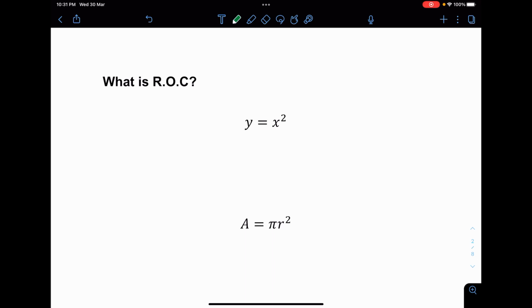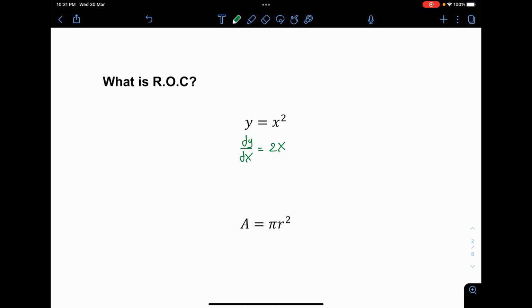Now, in the previous chapters, I believe that you have differentiated a lot of equations of x and y. For example, y equals x squared. If you differentiate this, you're going to get dy/dx equals 2x. I don't think that would be a trouble for you by now.